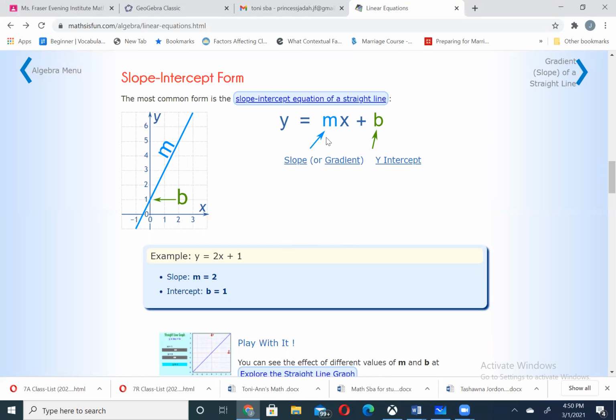We know m is the slope or gradient, and b is the intercept, meaning where